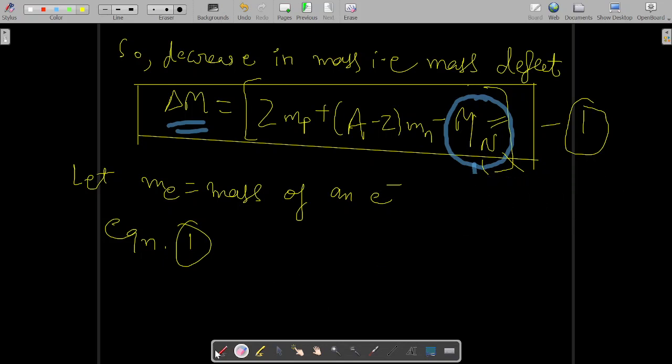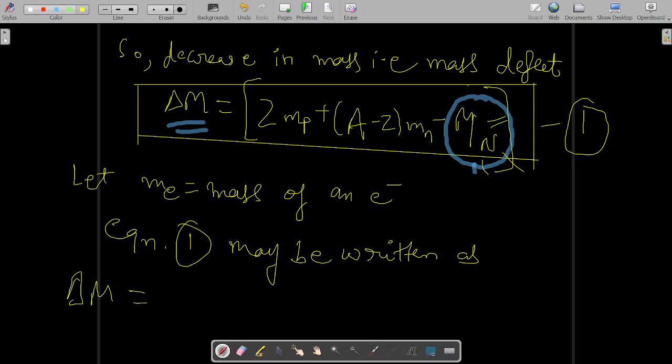So that's why we are doing these mathematical manipulations. Let Me is equal to the mass of an electron. So equation 1 may be written as, how will you write equation number 1? Delta M is equal to Z Mp plus Me,